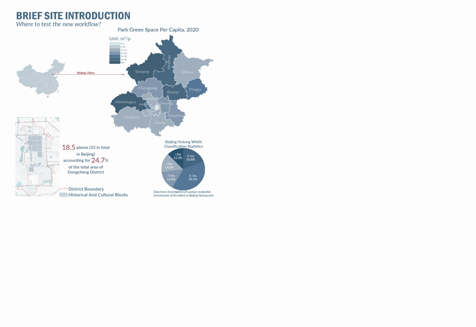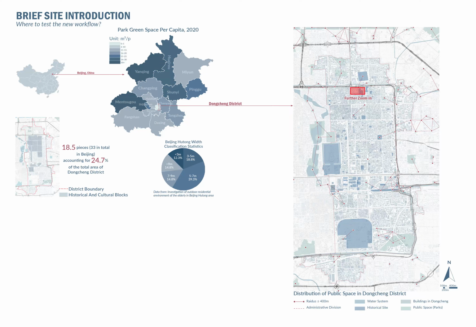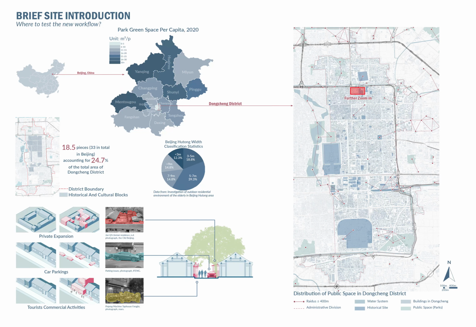I chose the Hutong community in Guozijian Street, Dongcheng District, Beijing as my test site. There is a considerably large area of traditional cultural blocks, while the open space is insufficient to meet the demands of residents for various reasons, but mainly because of speedy city expansion. The site map on the right illustrates it is hard to generate a green space network in a 400-meter radius, and the private illegal add-on buildings and tourist-oriented businesses worsen the situation as shown on the bottom left.